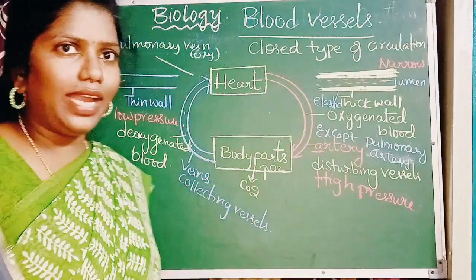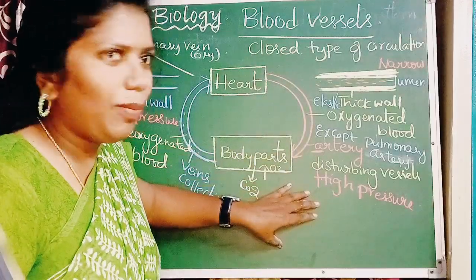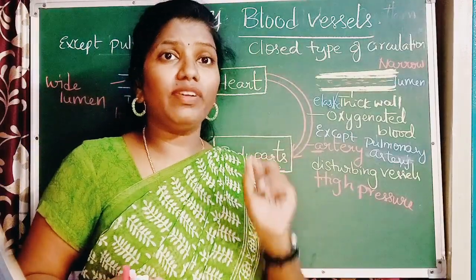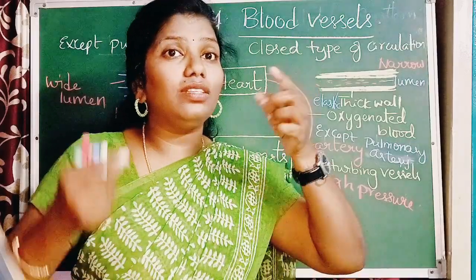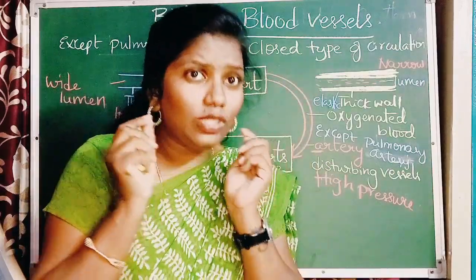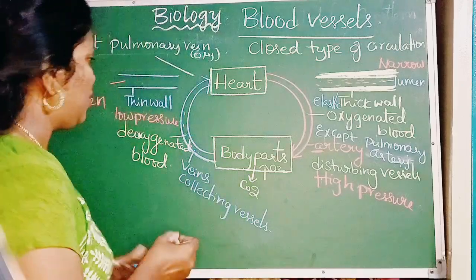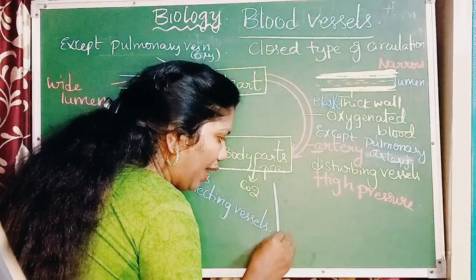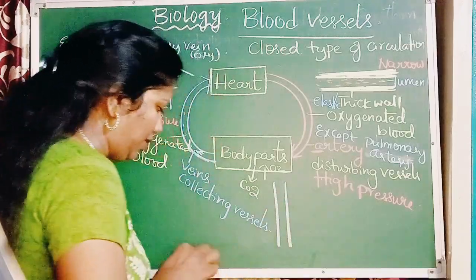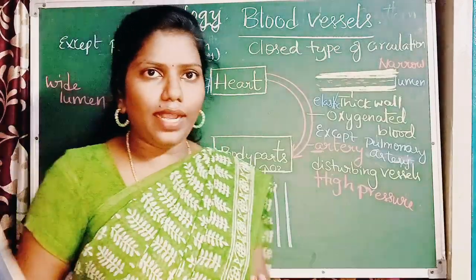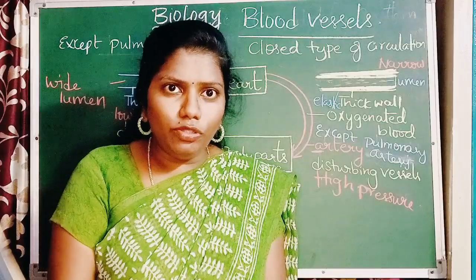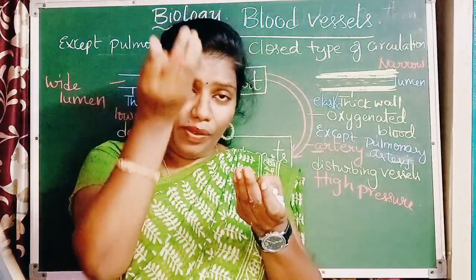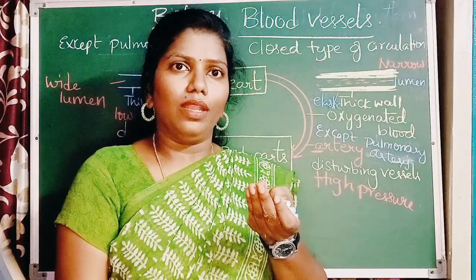Okay, do you understand? So taking the blood away from the body is easy, but bringing the blood to the heart is difficult. So there are special lids, or special structures, which are present only in the veins. These structures are called valves. Look here. For example, I am going to draw a vein. So I was standing like this. The blood needs to move from my foot to the heart. As it was moving against gravity, it might try to come back. So to prevent the backward flow of blood,